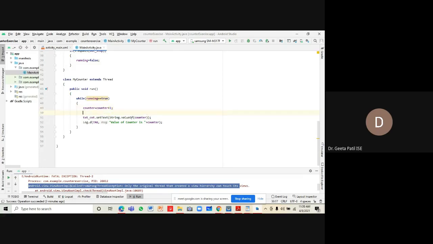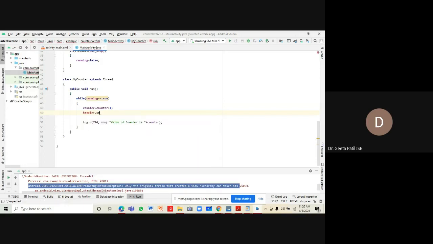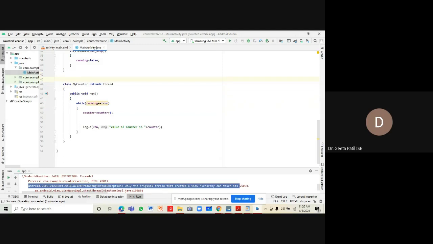So we will not change the text of the text field directly, but what we will be doing is using handler dot send empty message. We'll have to create the object of handler type here in the onCreate function.